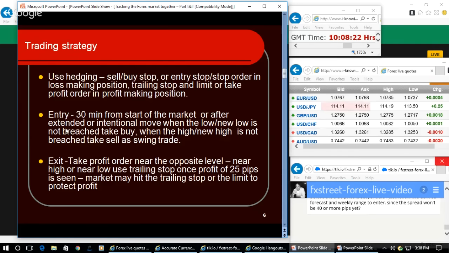So keep the hedge order to limit the risk. Wherever the hedging facility is available in the trading platform, try to use the hedge order to limit the risk. Once the position makes profit, you can keep stop at entry and remove the hedge. So the hedge is placed instead of a stop. Then in a profit-making position, use the trailing stop to maximize the profit. When I say this, everybody nods their head, but when they come to trading, they hesitate to keep the trailing stop in a profit-making position.